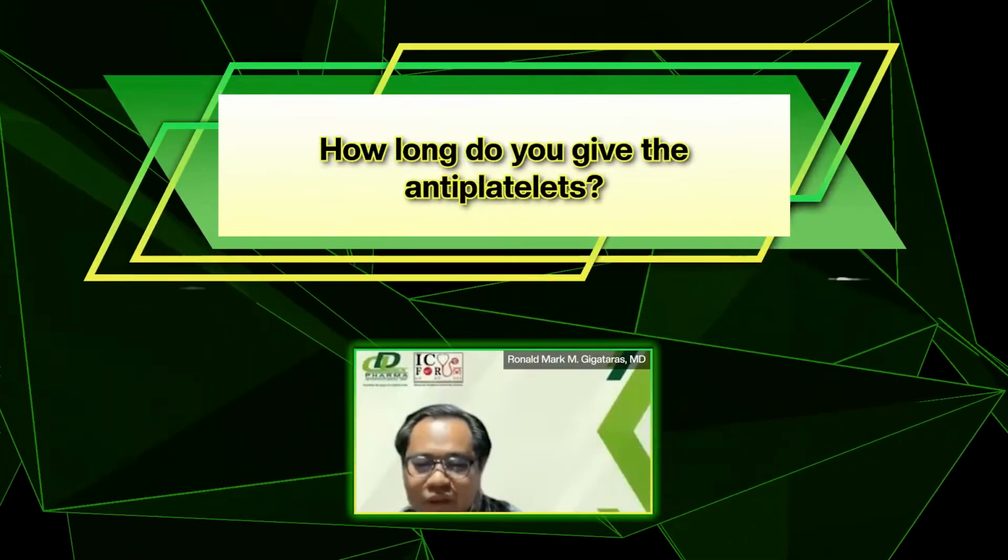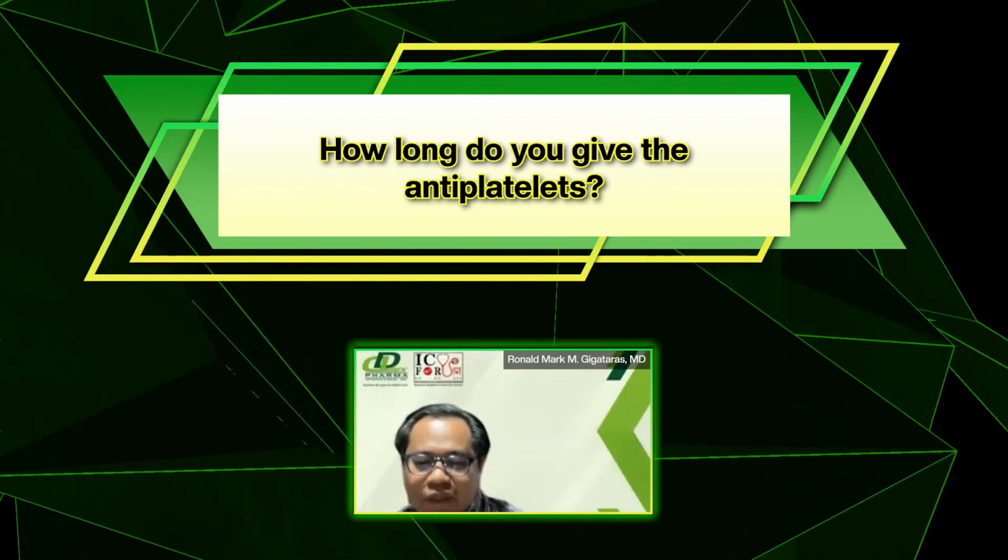And then I think we can combine questions 2 and 3. In the SSP guideline, we give aspirin 160 milligrams for 14 days and then 80 milligrams once a day after. And then how long do you give the antiplatelets? Okay. So yes, for the SSP guidelines, that was before, I believe, when the POINT trial came out, and the POINT trial and CHANCE were worldwide. Most likely we will have to revise that.